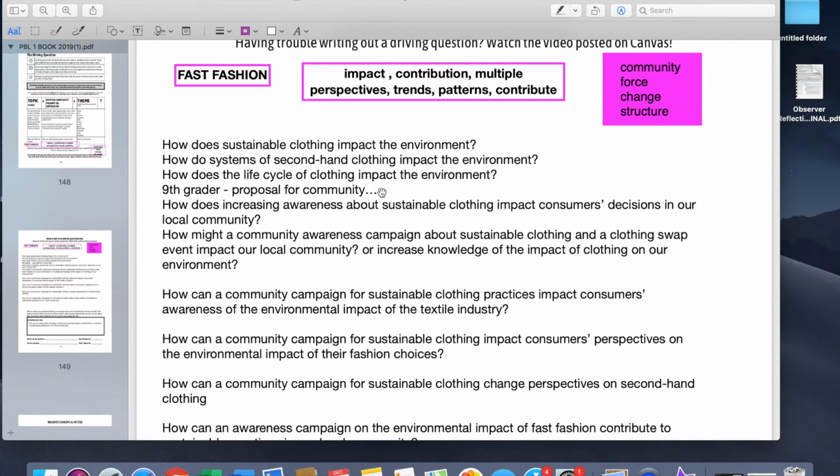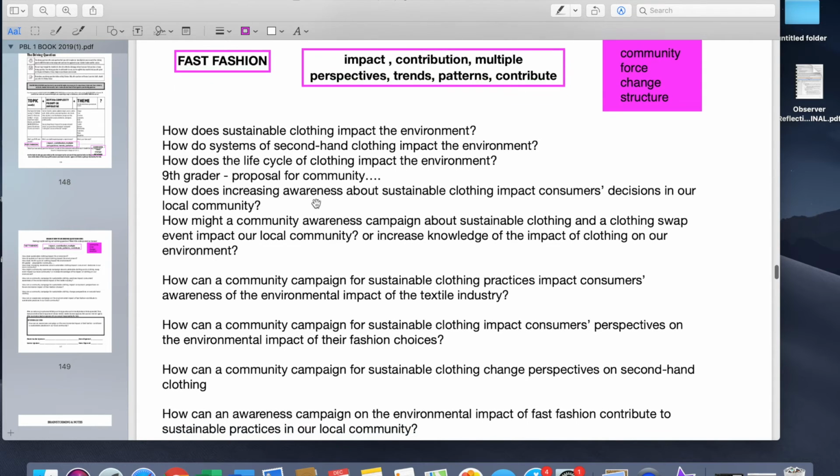But then it still is like, okay, systems is fine because now I can think about the economy, or even laws and government policies that impact the secondhand clothing idea, or the sustainable thing, but it's not quite there. How does the life cycle of clothing impact the environment? Now this uses more specific vocabulary from the article I found that I did my article tag on. But I do know that it impacts the environment in a negative way. Like, I know the answer to these questions, and it's been done so many times. So I have to keep looking and looking and looking.